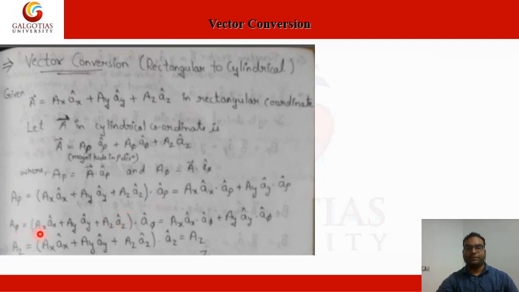Now a phi is equal to (ax in the direction of x plus ay in the direction of y plus az in the direction of z) dot product with the unit vector in the direction of phi. So ax dot a phi, ay dot a phi. Here also we are not considering the z direction part because az dot a phi is 0. Here az is equal to ax in the direction of x, ay in the direction of y, az in the direction of z, dot the unit vector in the direction of z, which equals az, because this az is 1 and the other terms, ax dot az and ay dot az, are 0. Let us see how.